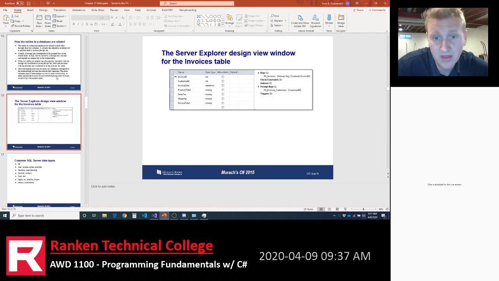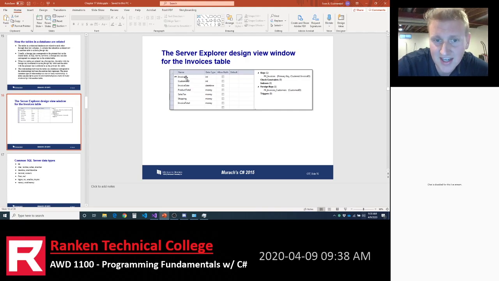Now, this slide 16 looks a lot like that screen that I was showing you when I went to create a table, and you could use a GUI to create a table. This is what that GUI looked like if you were just looking at the table design. This is what this would look like. You could see a column called Invoice ID, and you see the little key there. That means it's a primary key. And then you see the data type on that column is an integer.